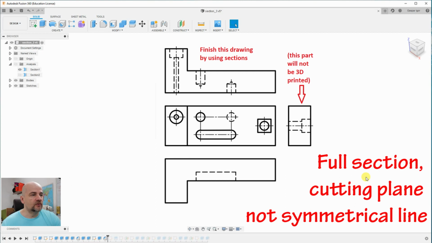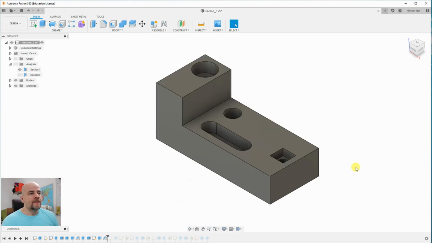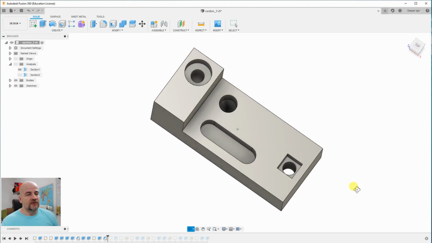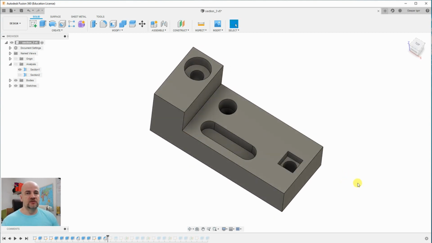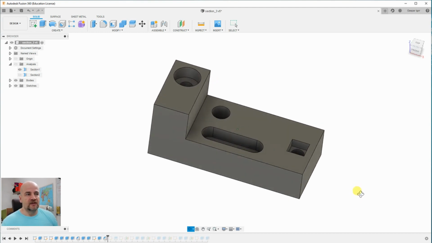And this is the next object from the workbook. As you can see here, we have some drawings which are not finished yet, so we have to finish them, or my students. And this is now this object in 3 dimensions. So we have here sections, full sections, but they're not on a symmetrical plane. In this case, we have to do additional marks. I will explain it to you at the end of this part of the video. But first, let's see that object.